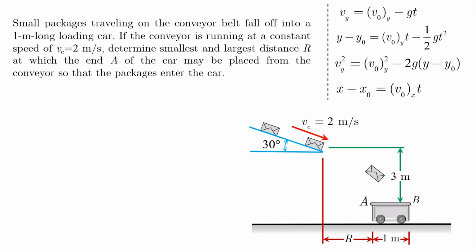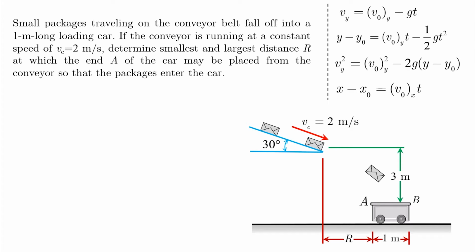Small packages traveling on the conveyor belt fall off into a 1 meter long loading car. If the conveyor is running at a constant speed of Vc equals 2 meters per second, determine the smallest and largest distance r at which the end A of the car may be placed from the conveyor, so that the packages